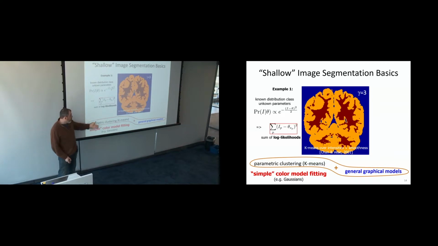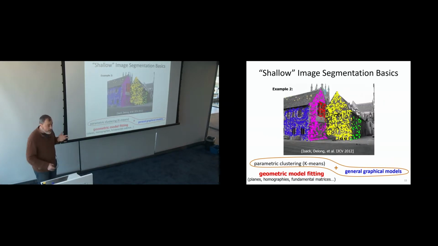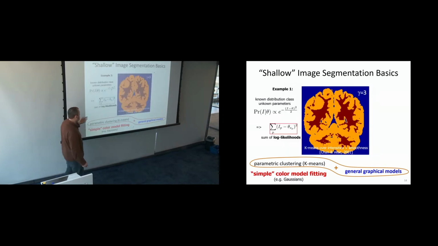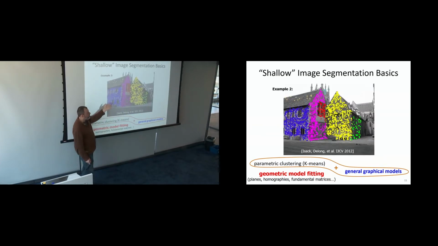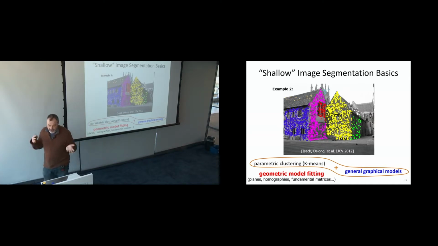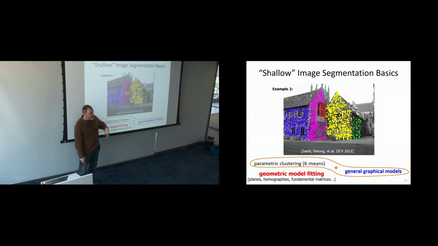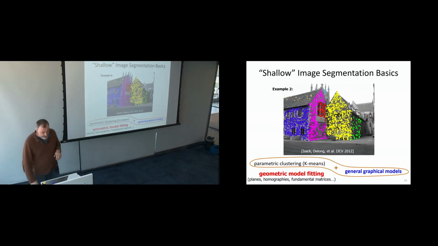It's exactly fitting Gaussians, or parametric clustering if you want, in the feature domain, plus some kind of shape properties in the image domain. Once we get to examples like these, I can do them not in a color space but, suppose these are noisy features in 3D after you map them by matching shifts in two viewpoints. Then you can try to fit planes there, but regularize the boundaries in the image domain. You can get something like that going.